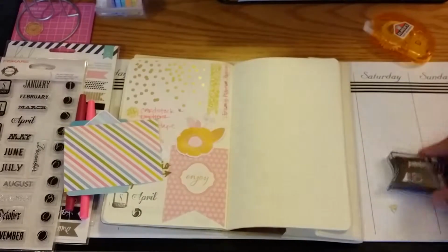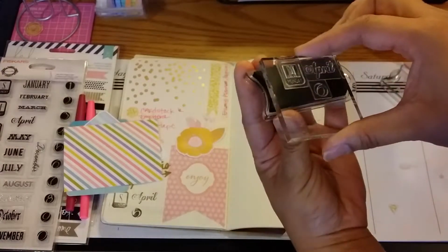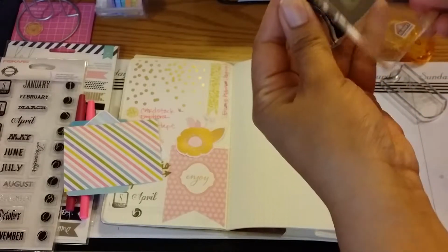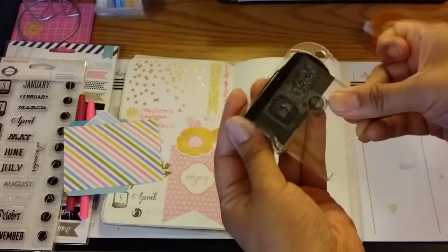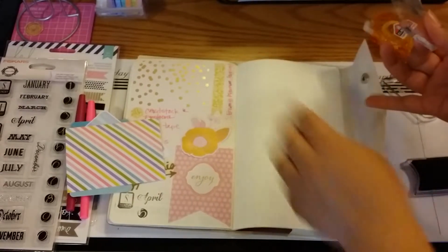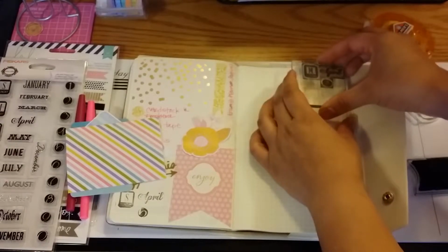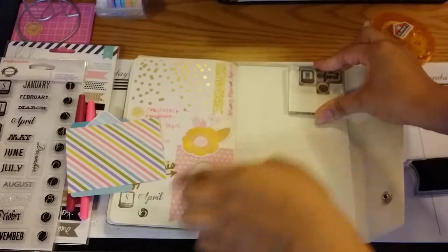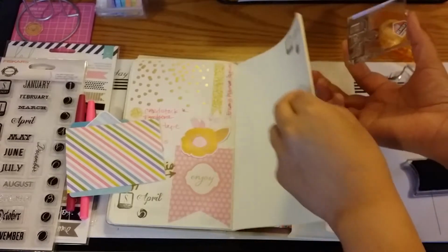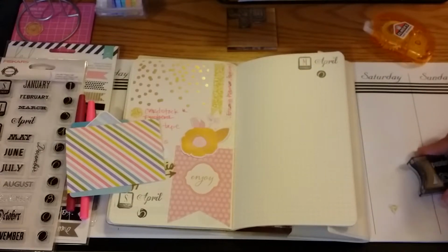Move these over for now. So the powder puff is kind of interesting. It doesn't look like it's picking up very much ink, but it actually does. So just get it nice and inked up. And then I'm going to pick a relatively flat part. I usually go for the upper corner here, although this entry was the bottom corner. That works. Okay, so now that I have the date down, I am going to go ahead and start placing